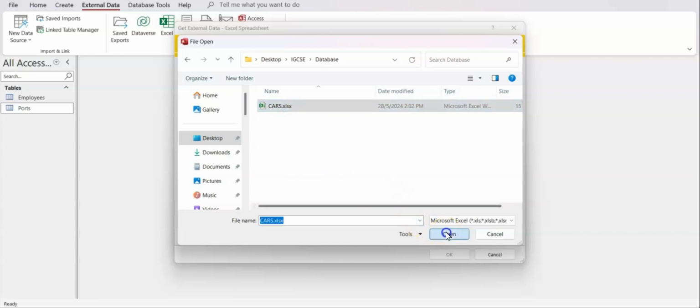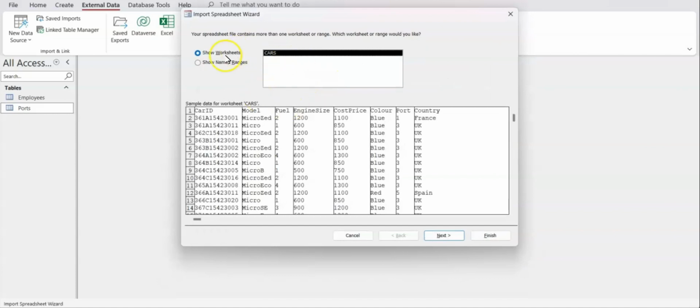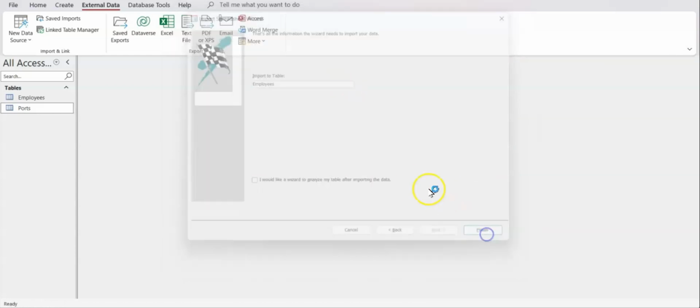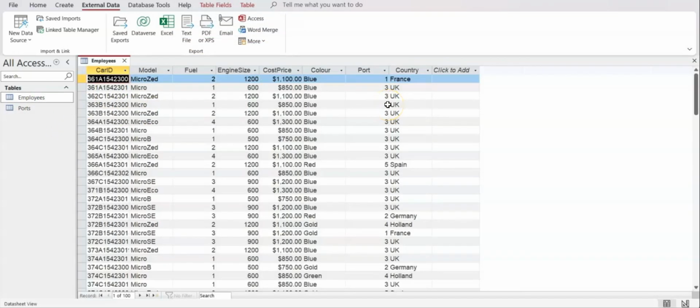Select the data file, then choose append a copy of the records to the table, because you already prepared the table. Click OK. Make sure it comes from the worksheet of cars. Then next. Because the first row contains the correct field names, you need to make sure that when you key in the field names, they are exactly the same. If there is any typo, they are unable to match. So next, and then finish. All the data will be imported fully. So this is how you can prepare your